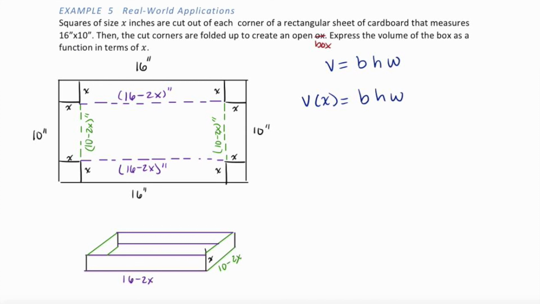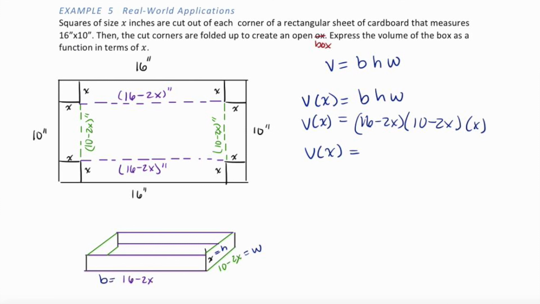So let's take a look here. My base is here, 16 minus 2x. This I would say is a good width, and here's my height. So my expression becomes 16 minus 2x times 10 minus 2x times x, which can just be written as,